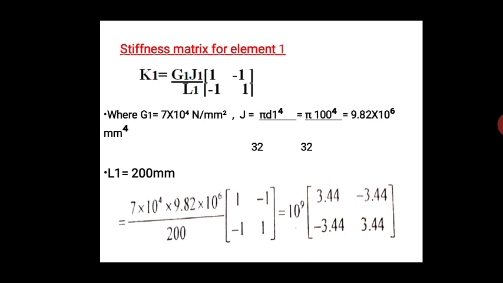Therefore, retain the power outside and only consider the numeric value inside the matrix. That is 10 raised 9 into 3.44 minus 3.44 and minus 3.44 and 3.44. This is the first element stiffness matrix for the element 1. Similarly,